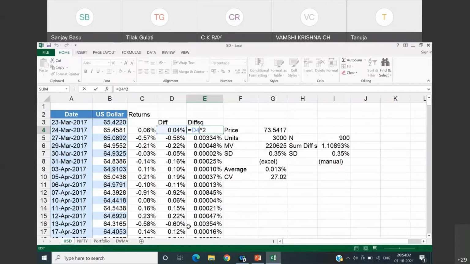Okay? The sign does not matter and the larger deviations get more importance. So therefore, we add up the sum of the difference squares, right? The squares of the difference are summed up